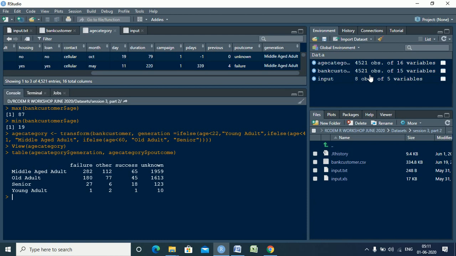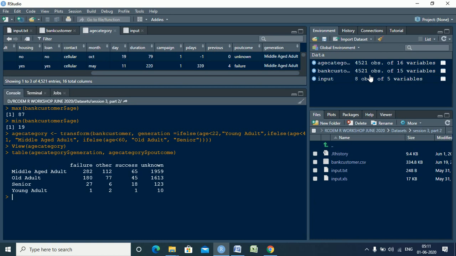The second one, sample underscore frac, is going to extract a fixed fraction. If I want to extract 10% of my data set, then out of these 4521 observations it will extract 10% of that.